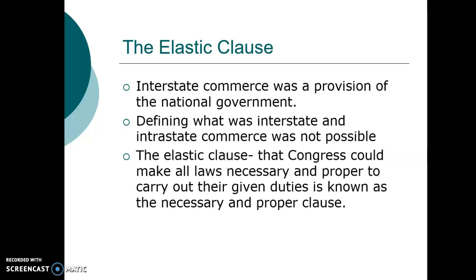Part of the challenge with the Articles of Confederation was there was no overriding national government that could regulate the states and collect taxes to protect the whole union or the whole country. The idea behind the Elastic Clause, which is also called the Necessary and Proper Clause, is it allows for Congress to conduct interstate commerce. In that way, Congress is able to tax commerce and trade between, for example, New York and New Jersey, or Delaware and Florida, or California and Washington State, or Idaho and Connecticut.